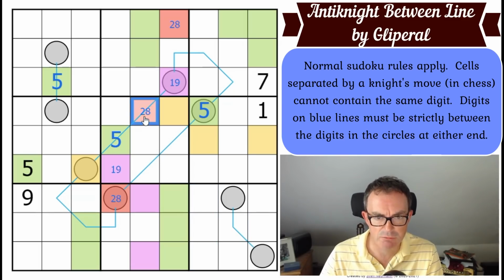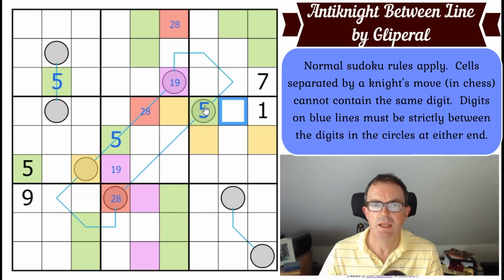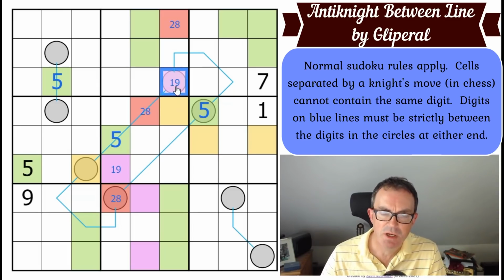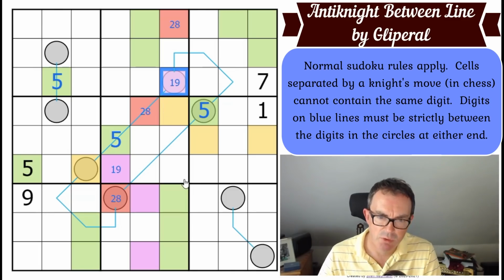So let's come back to thinking about reds. What do we now know about red? Is red on this line? If purple is 1, yes, this is actually really interesting. If purple, whatever purple is, sort of defines what this digit is, because if purple is very low, or does it? Actually, that might be wrong. Hang on a sec. If purple is very low, let me just, in fact, I'm going to visualize it like this. If purple is low,